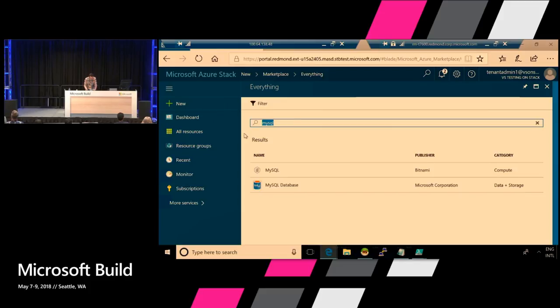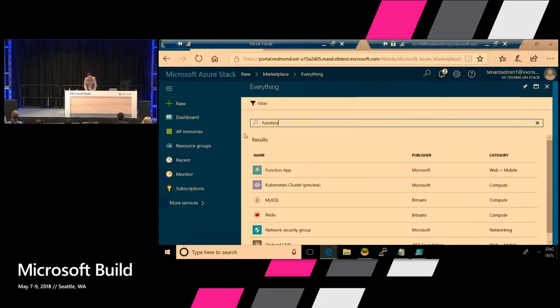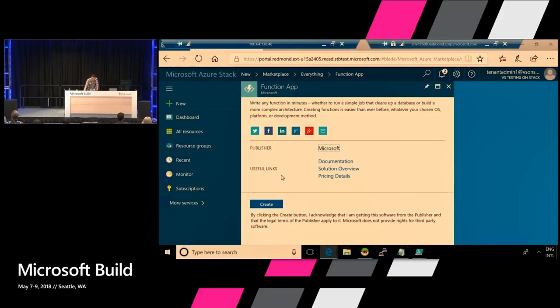Another option is, let's say I want to create a function. Here, I have a function app, and it's exactly the same function app that you are used to in Azure, because it's the same resource provider that exists in Azure. So web apps, function apps, it's all there.